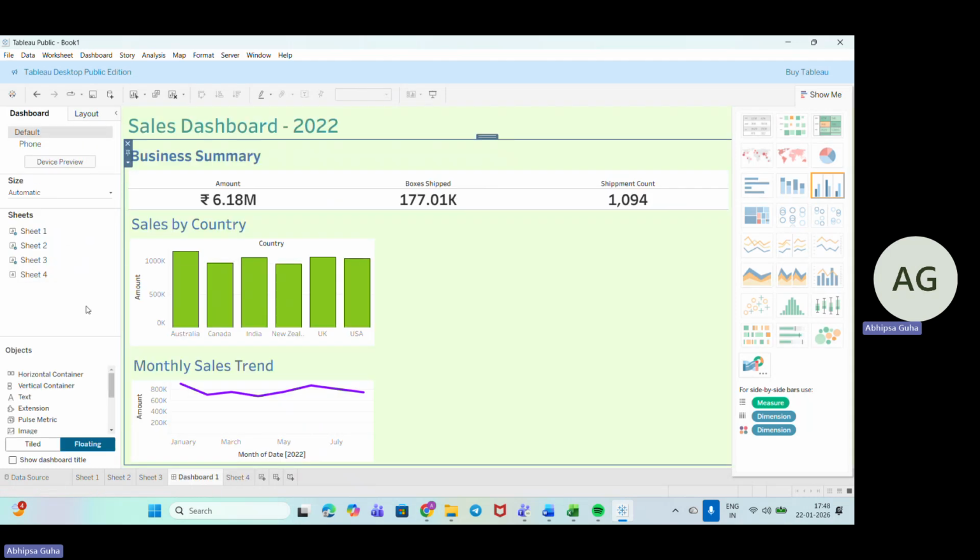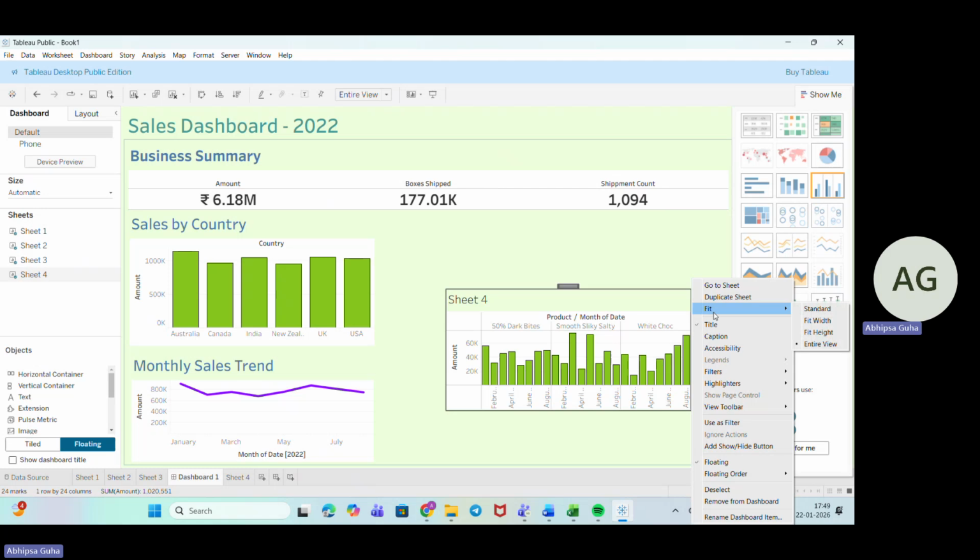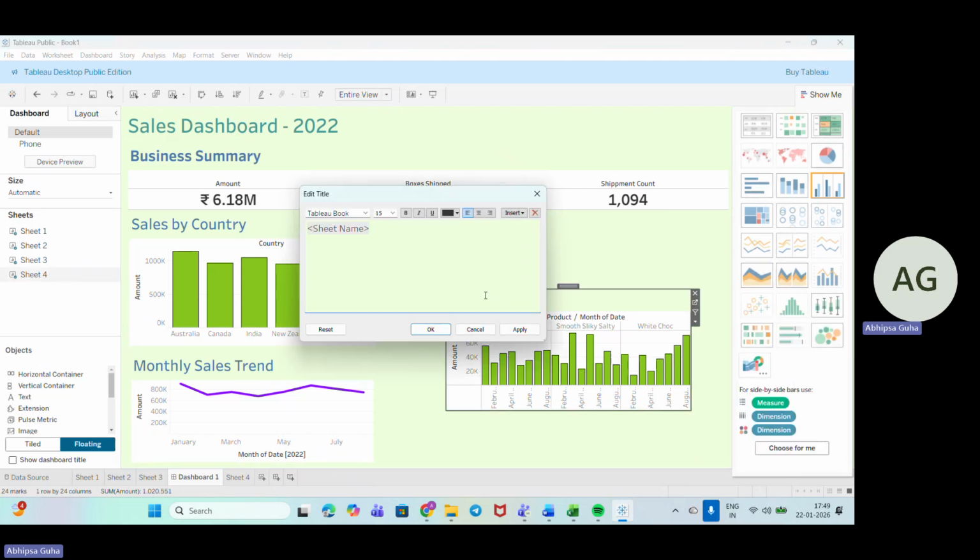Now here we have got sheet 4. So we will just add it up here. Now here we'll fit the entire view. That is fine. Here we have to add the name that is product wise sales trend, top 3 product sales trend, monthly sales trend actually.